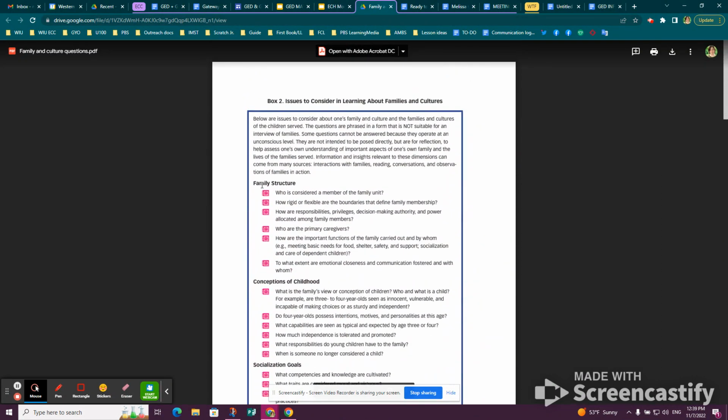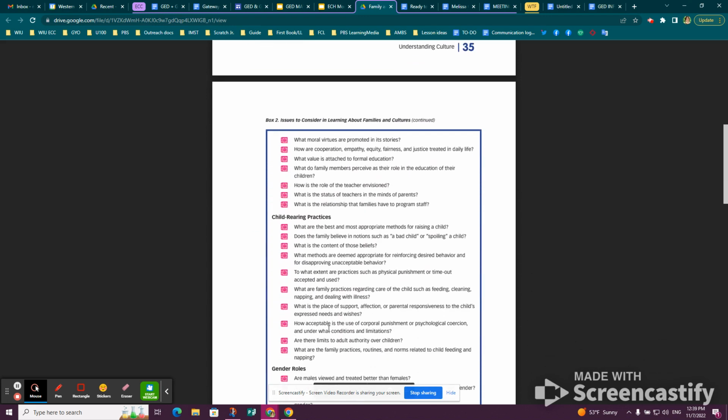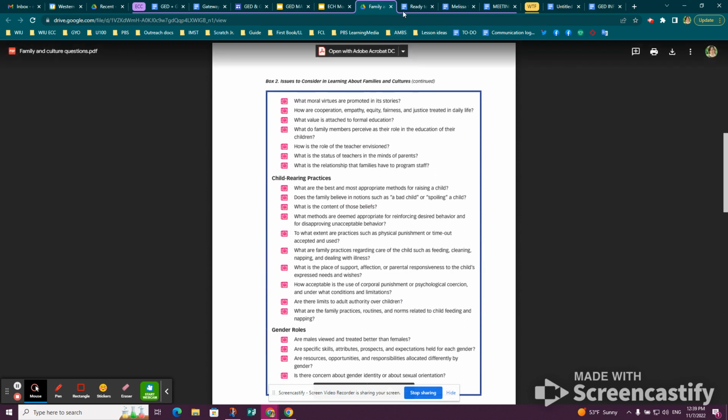And you'll need to answer a question in each category: family structure, concepts of childhood, socialization goals, and so on. And I believe these questions are also available in the Spanish module in the family and cultural context document. But if you have any trouble understanding these questions, please